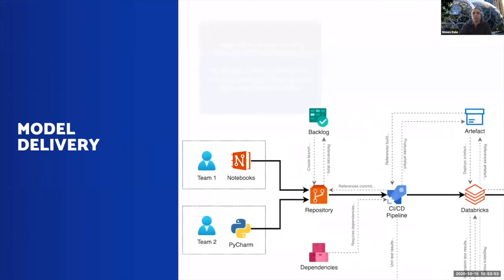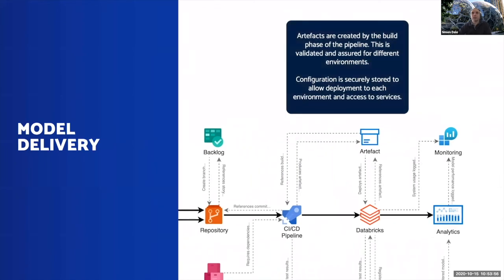And then as we move through, like I said, we have the artifacts that we've built, and it can be many different artifacts for the different stages of the pipeline, or it can be a single artifact. And we would deploy that into our data environment. So in this case, it's Databricks, but we could be using things like Azure ML Service instead, or equally any other cloud provider, so things like AWS SageMaker or other alternatives. And again, we're using that configuration to control how we access those environments and the user accounts that access the platform.